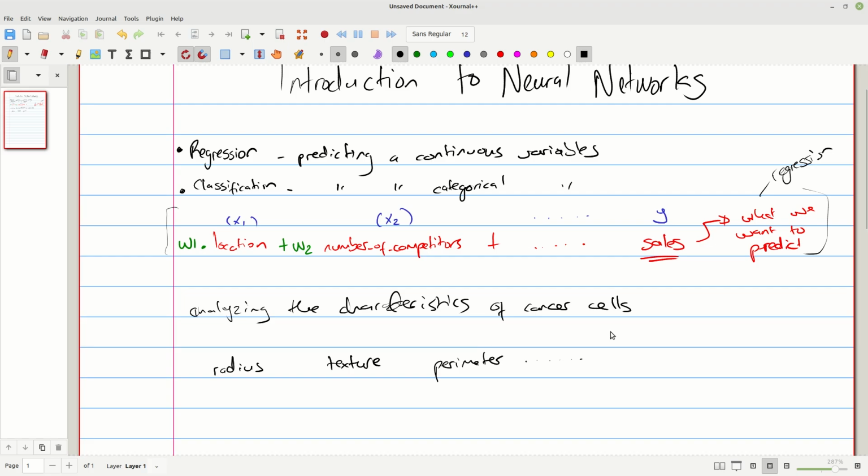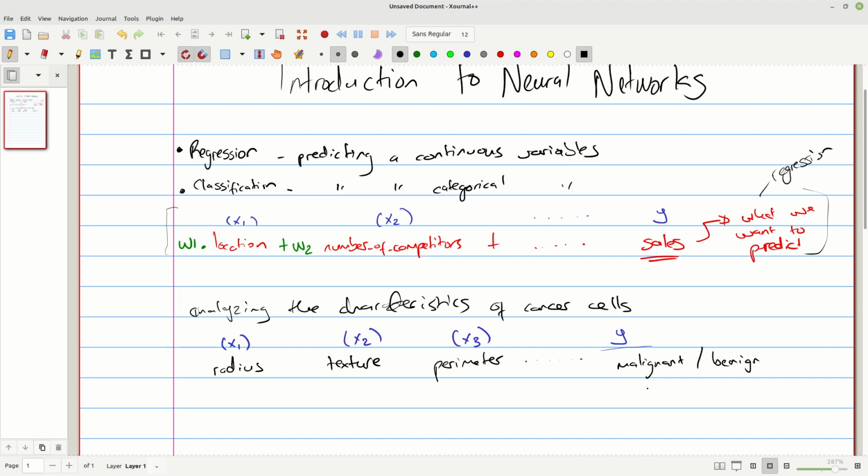So again, this is our x1, which means it's our feature, x2, another feature, x3, another feature, and finally, the thing we're trying to predict, our y, is two classes. So either this is going to be malignant or benign, right?